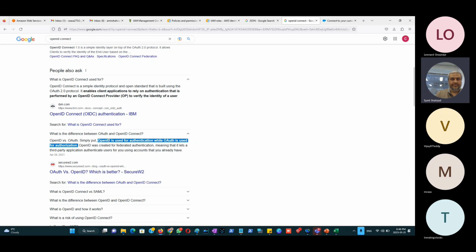So OpenID is authentication while OAuth is authorization. OpenID was created for federated authentication, meaning that it lets a third-party application authenticate users for you using their account. So yeah, it gets a little more